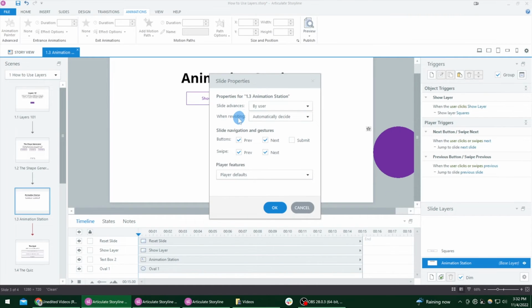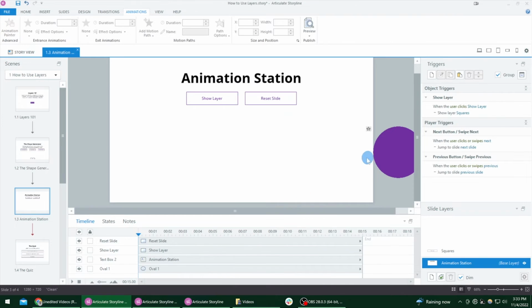And we have this same option here when revisiting. So what we can do is change when revisiting to reset to initial state. And you'll see this is a really cool development pattern if you get what's going on here. We're going to make it so every time we come back to this slide, we're going to reset to the initial state. Now, what do you think is going to happen if I preview this, show the layer, and then